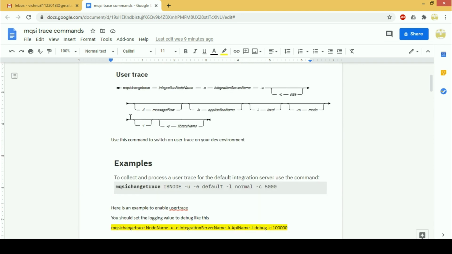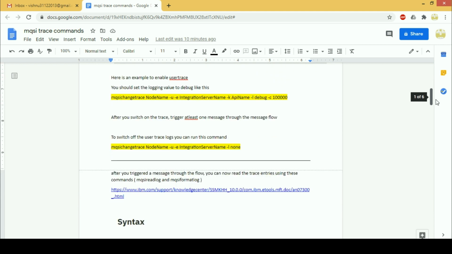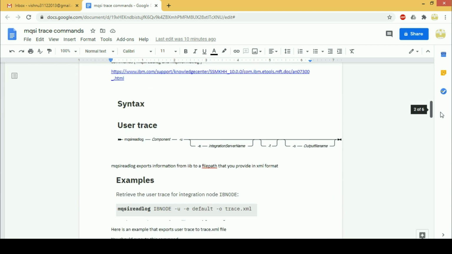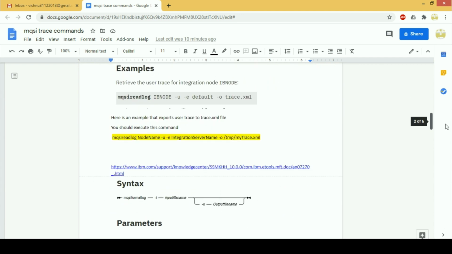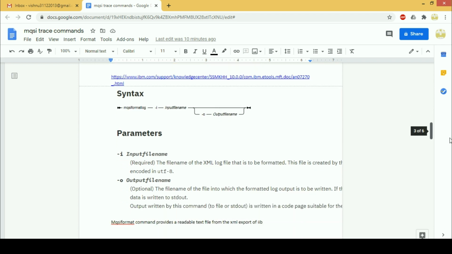Next step is to prepare user trace commands. I prepared a document for my reference using IBM Knowledge Center links. Using that, I execute commands on Docker: mqsichangetrace, mqsireadlog, and mqsiformatlog.